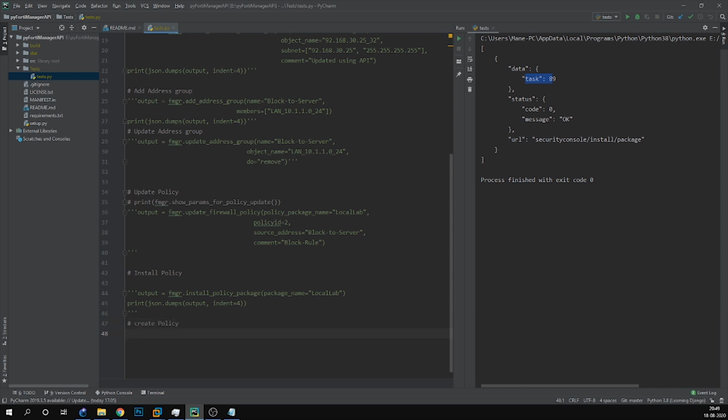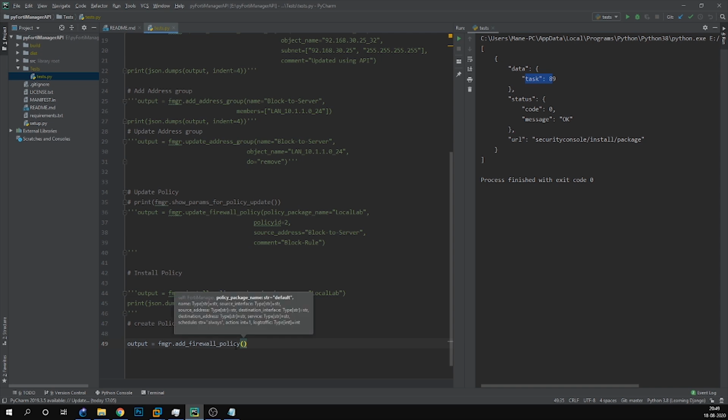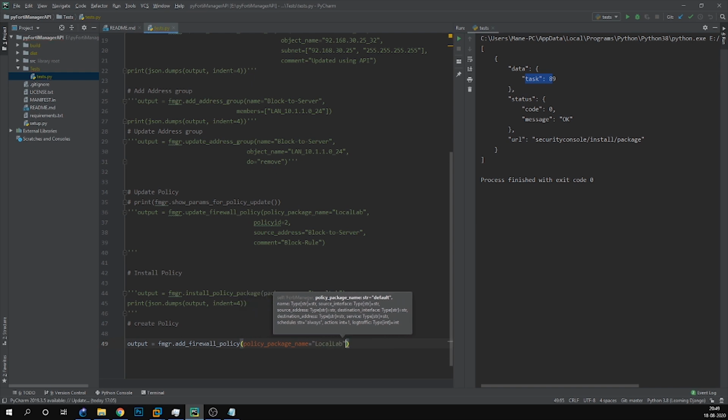For the policy creation, we have a method, add firewall policy, and it will take a lot of parameters. First is the policy package name, in which policy package we need to install the policy. Now it is local lab again.